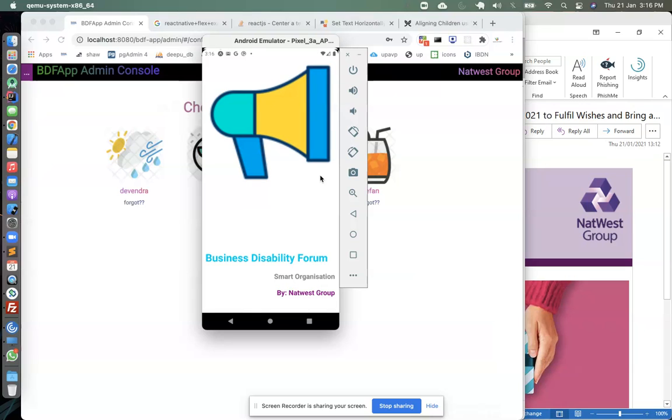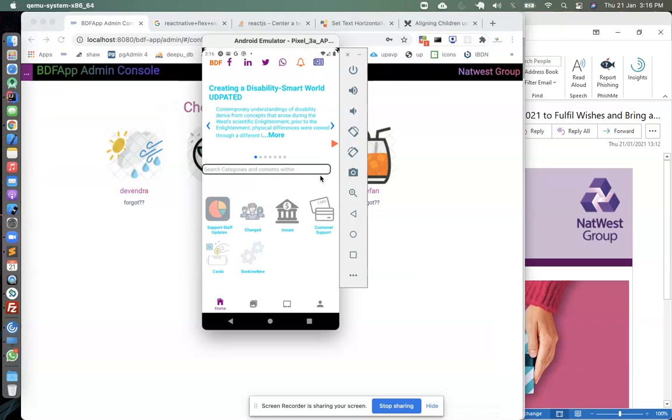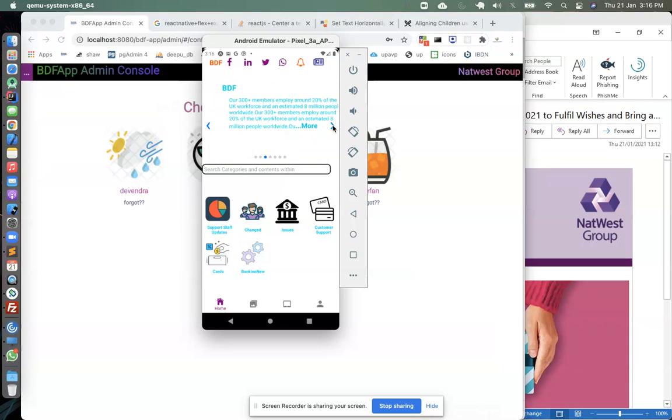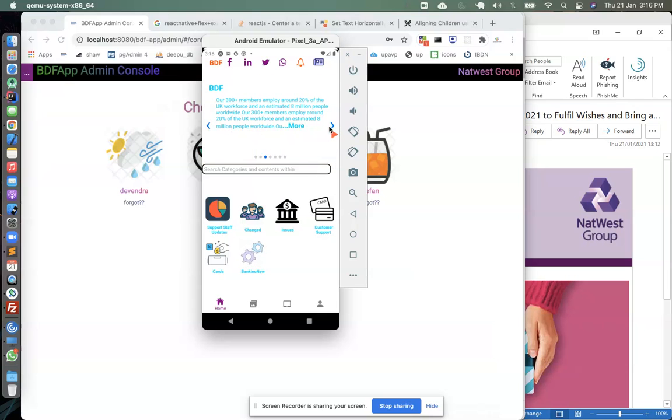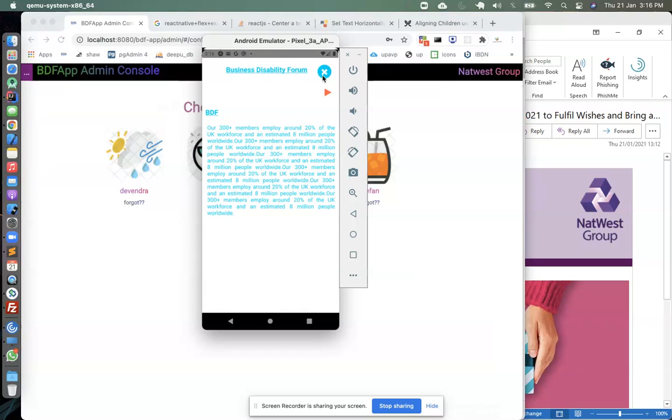That's the splash screen with some text and an image. After a few seconds, it loads up to the home screen, where on top you are seeing some action bar like Facebook, LinkedIn, Twitter, WhatsApp, events and news. These are the banners that you can control with some image, video and text. You can look at it over here in a new window, and there is a play option also.